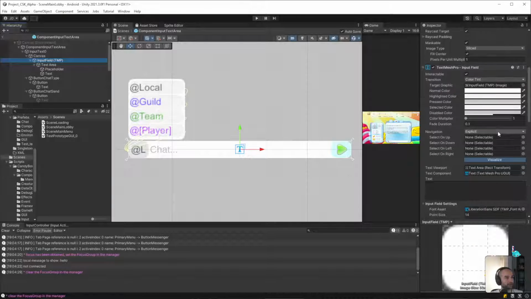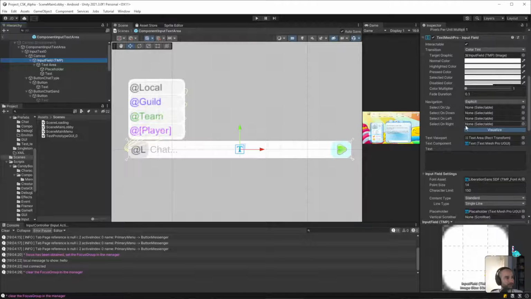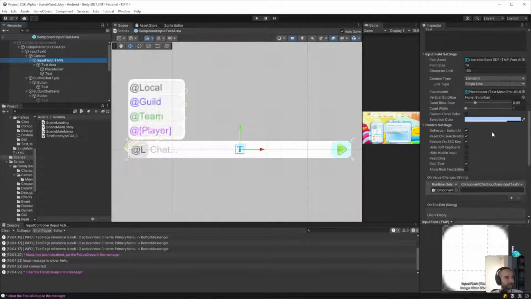Okay, so that's color tint, that's fine. Text. So that would be for mobile settings.